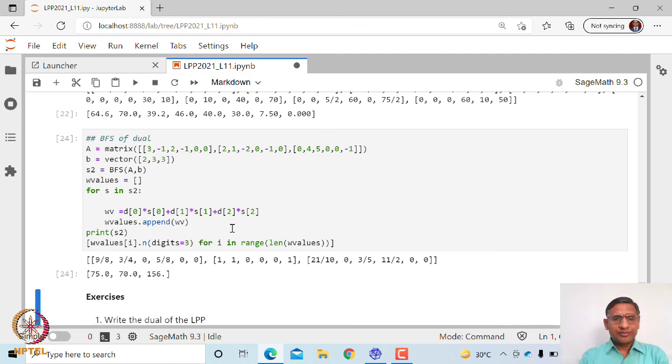Not only that, if you are able to solve one of them, let us say primal or dual, whichever is easier, then the final stage will give you solution for the other one, right? If you solve the primal, then the last stage will also give you solution of the dual, and vice versa. If you solve the dual, if that is easier to solve, and look at the value of the final stage of that simplex table, that will give you solution of the primal problem, right?